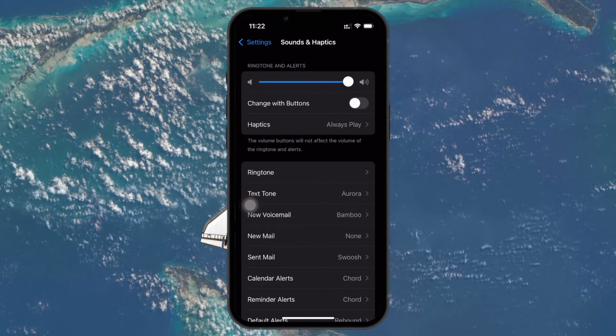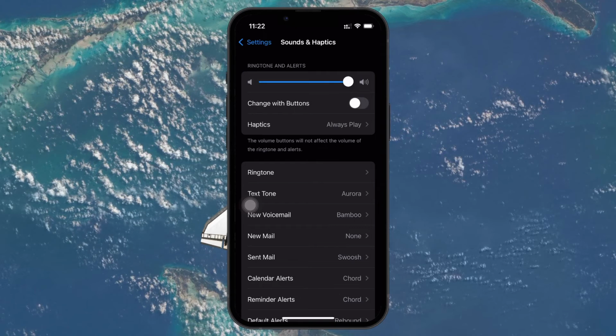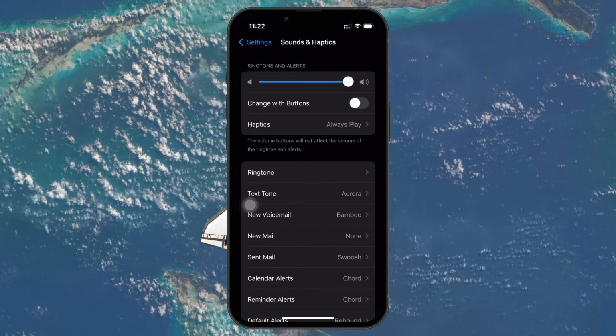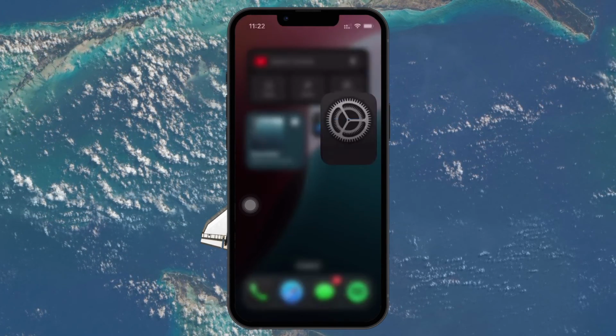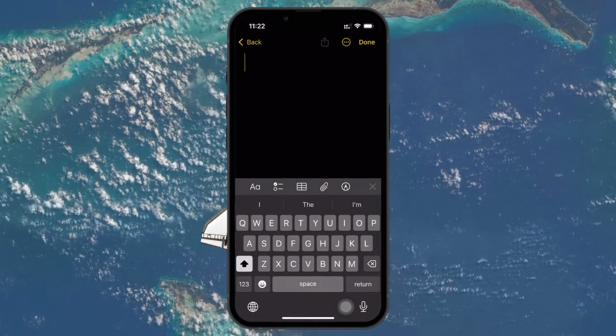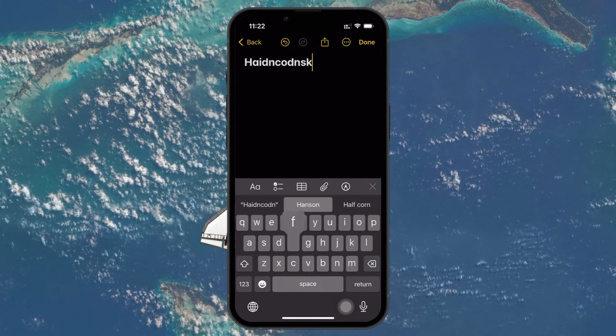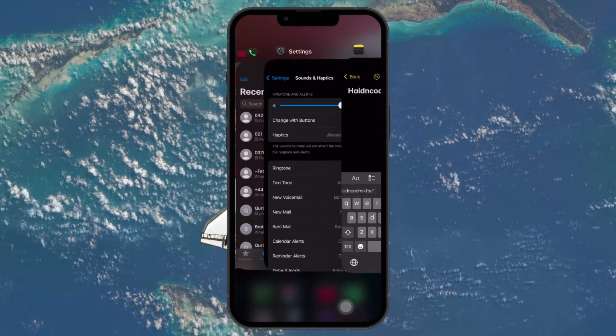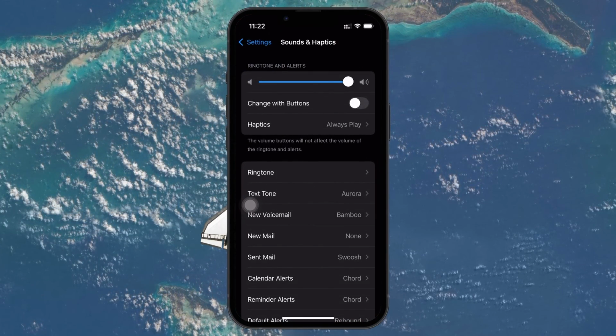other sounds. Once you've set the slider to your desired level, test it out by typing on your keyboard. Open an app like Messages or Notes, and you should notice that the keyboard click sound is now louder or quieter based on your adjustments. If it's still too loud or not loud enough, you can always go back into Sounds and Haptics and tweak